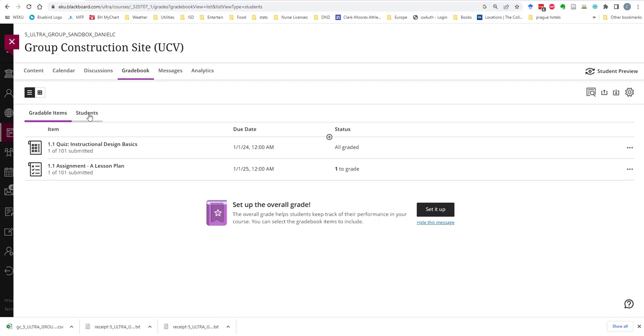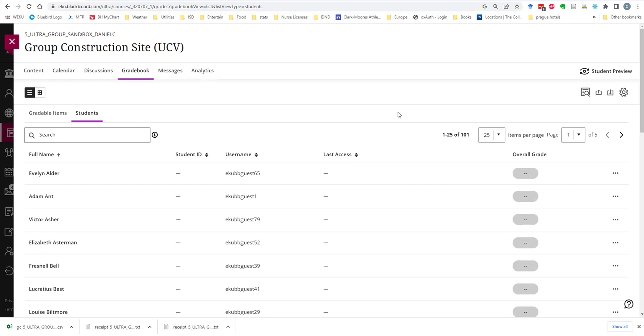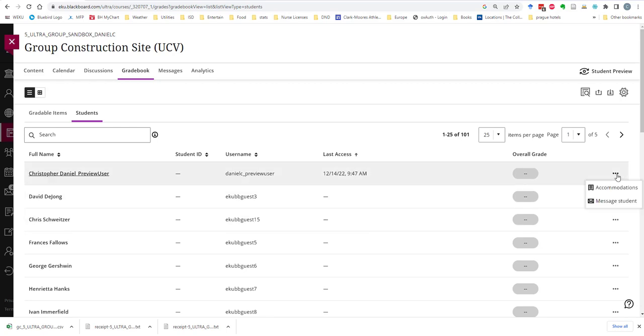Let's go to students now. And you'll notice that I don't have any access to the particular gradable items from within this view. What I get is the name, student ID, the username, the last time they accessed the course, the overall grade. Now, I can sort by last access to get at that preview user, which is the most active user in this course. And then from here, I can hit the 3 dots and either message the student directly through the